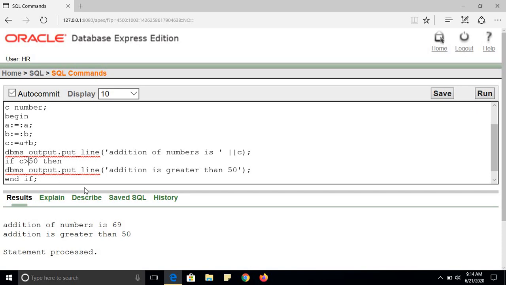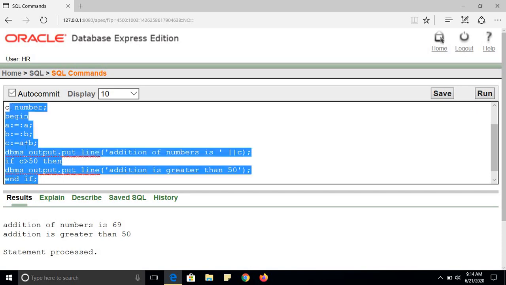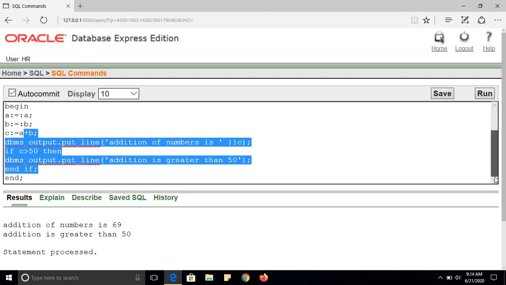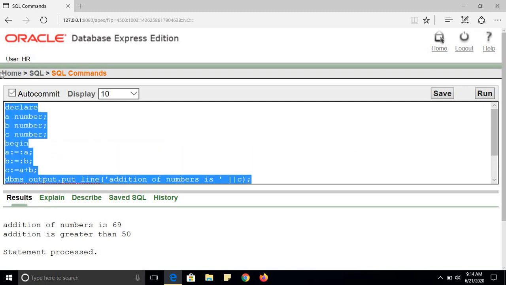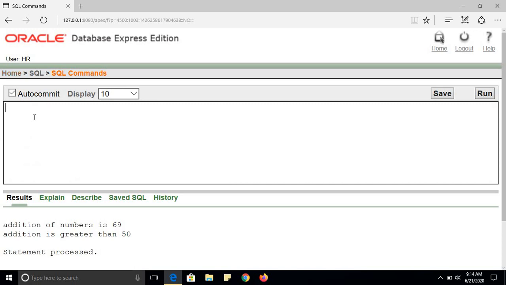Next is if else syntax. So let me tell you the syntax first. Syntax is simple. If condition, then statement A, else statement B, and then end if.